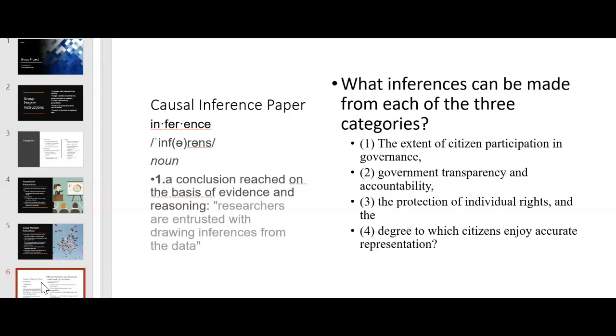So look at the syllabus for the due dates. Look at the instructions that I've posted in this folder. They are all meant to help you be successful. If you have questions, you ought to contact me and let me know. If there is any difficulty with any of the files that are posted, please contact me and let me know, and I will quickly address those problems.